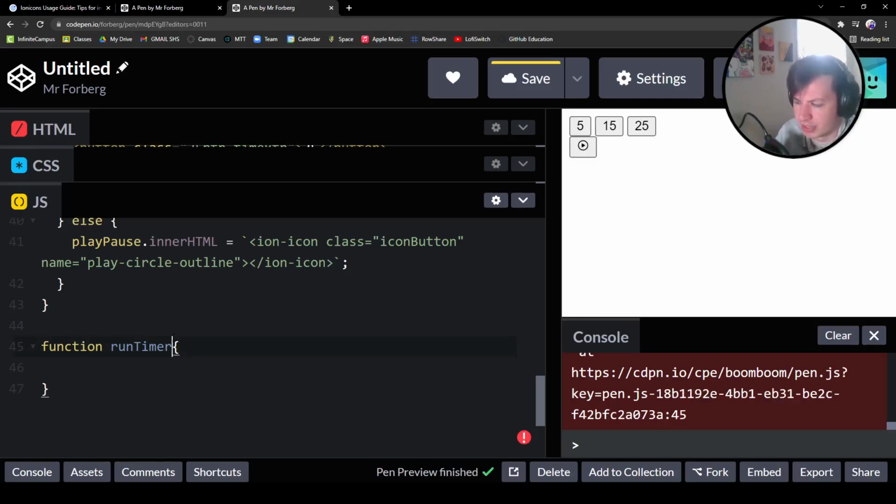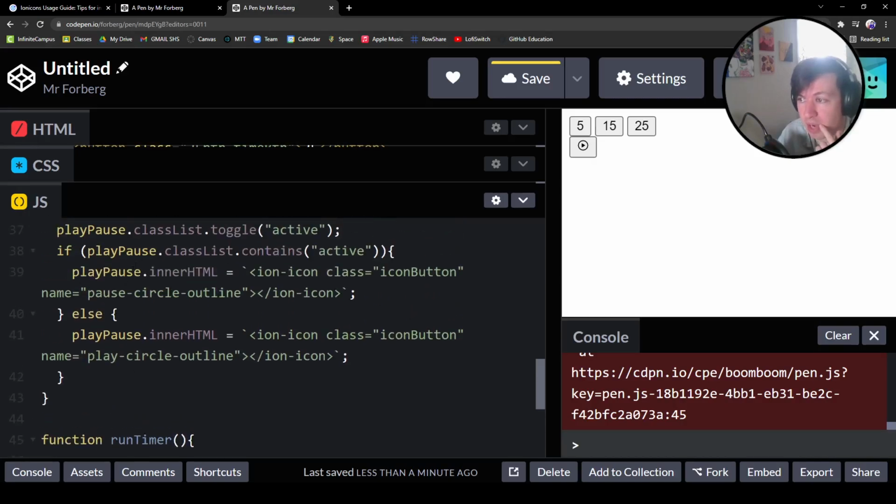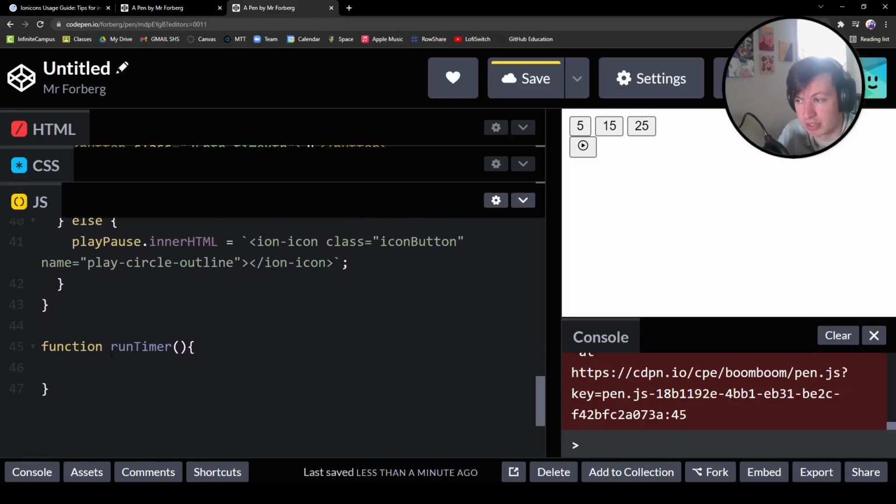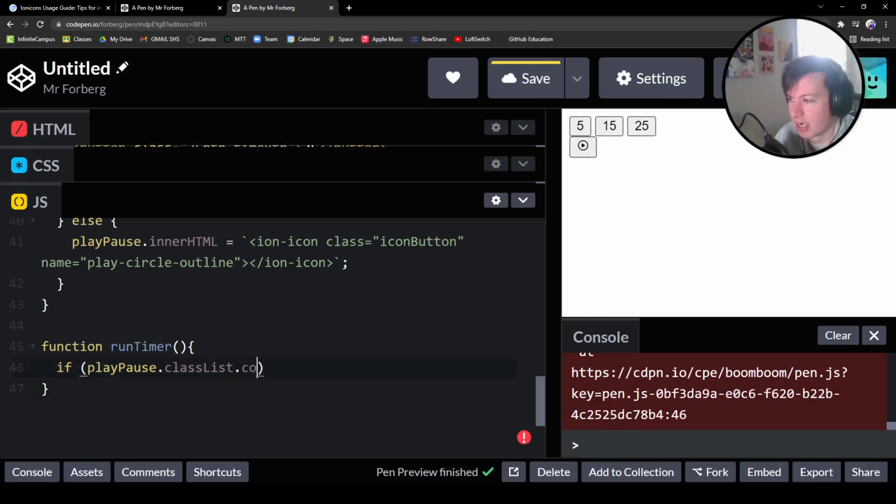And this one, again, is not going to take any arguments, so we can close that up right here. And this one is just going to say if our button has a class of active and our total time is greater than or equal to 0 seconds, we're going to be updating the timer and taking down a second. So we'll create that if statement. So if our play pause has a class list that contains active,